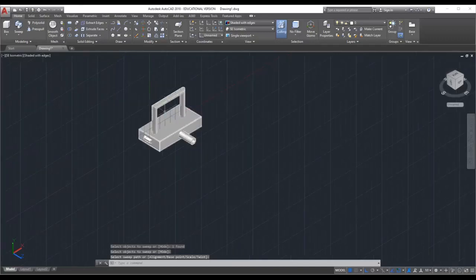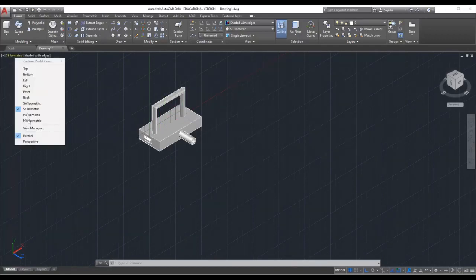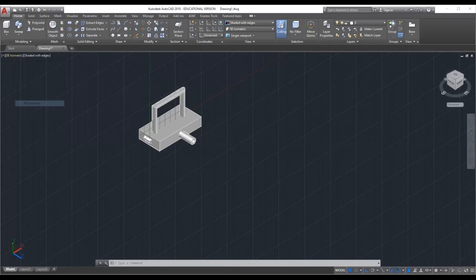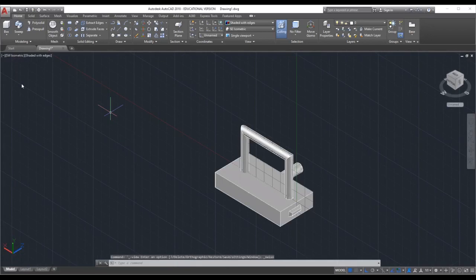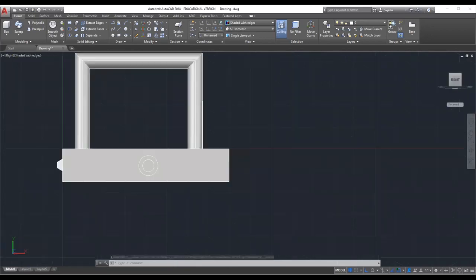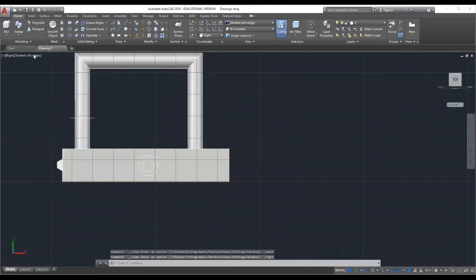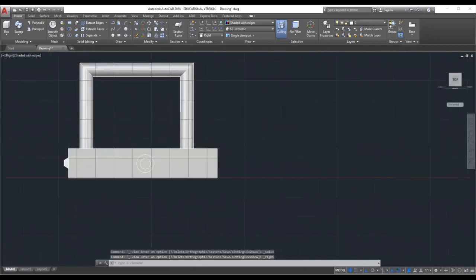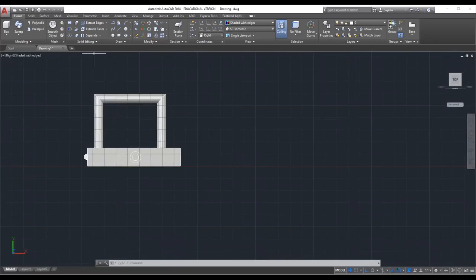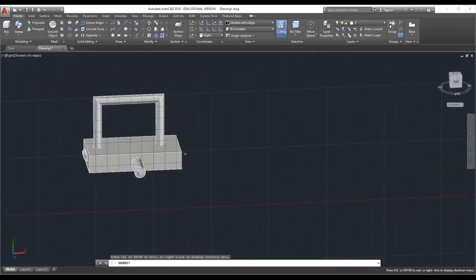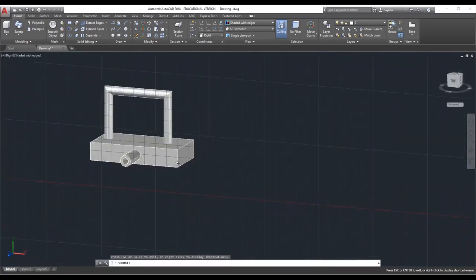Next, we have to draw a diagram. Change to southwest isometric, right side view. By using orbit, we have to rotate. We have to work on this face.